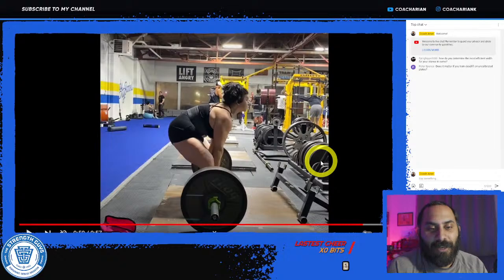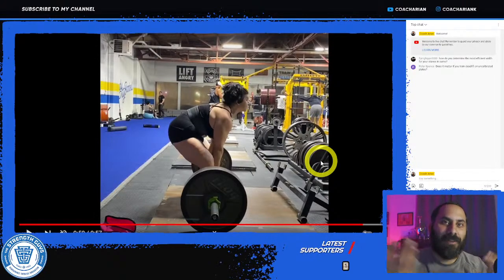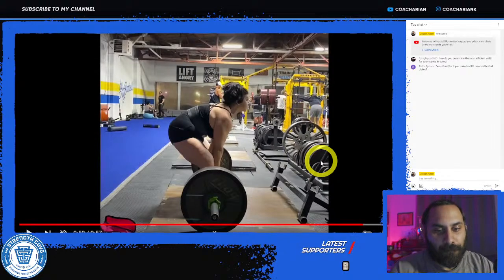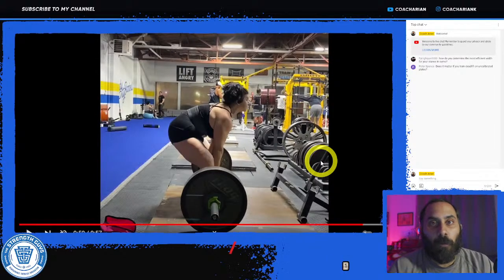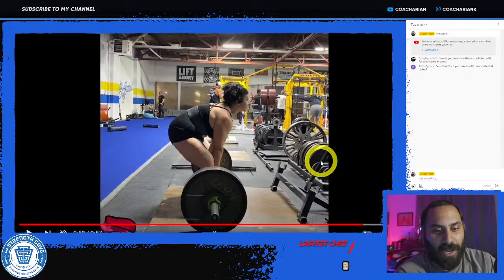I guess there could be a scenario where no option is very effective or efficient. With this narrow of a stance, the knees collapse in and the hips shoot up. Maybe with a wider stance, she has some kind of past injuries where it causes pain and it won't work. And with a conventional stance, maybe again, she has some issues as far as back injuries where it's not going to work. And then basically none of them are really a good option, and you have to just pick one, hope you have the least amount of injury with it, you can train it with the most amount of volume, you feel most comfortable with it, and just pull whatever you can.